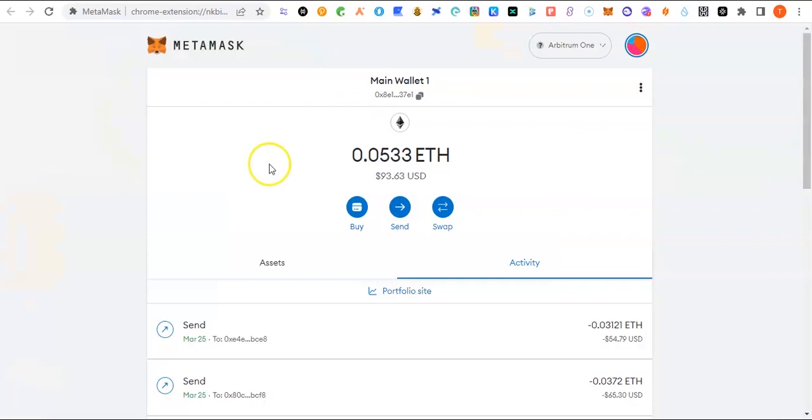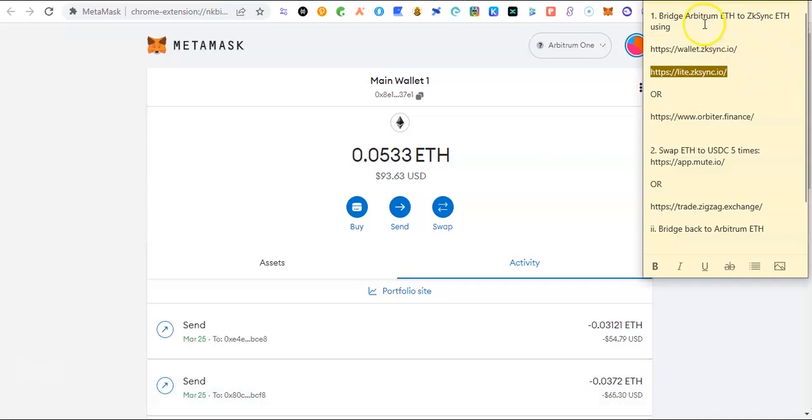Alright guys, I want to quickly show us how to do some interactions with ZkSync by domain name. So let's just start this way to make it easier. We're going to be using this template that is just like an instruction to follow. It says bridge your Arbitrum Ethereum to ZkSync. Why we are starting from Arbitrum Ethereum is because